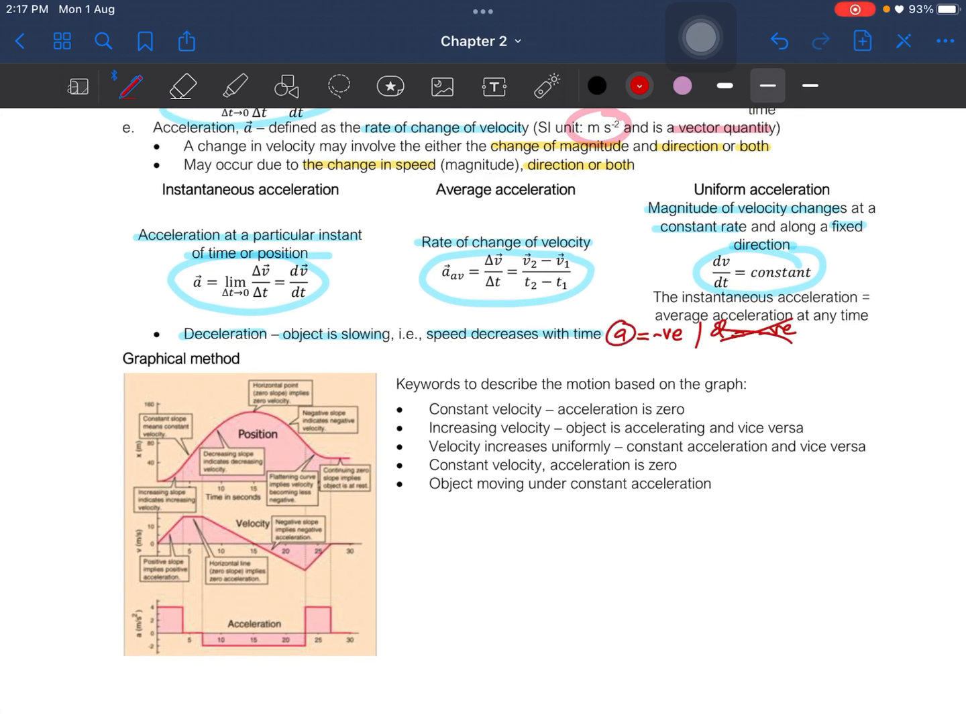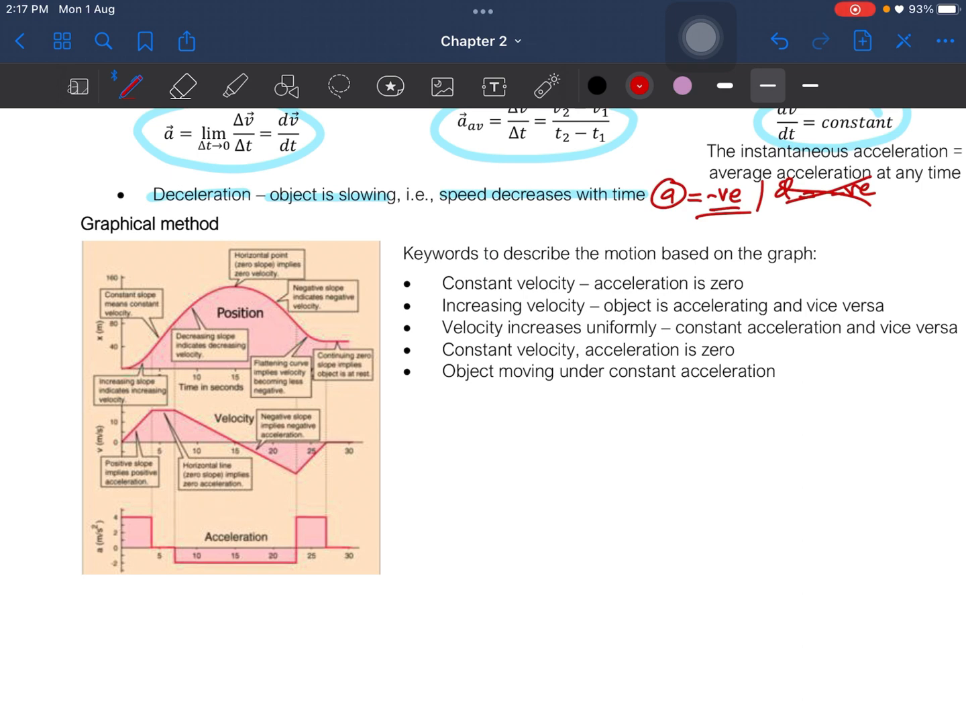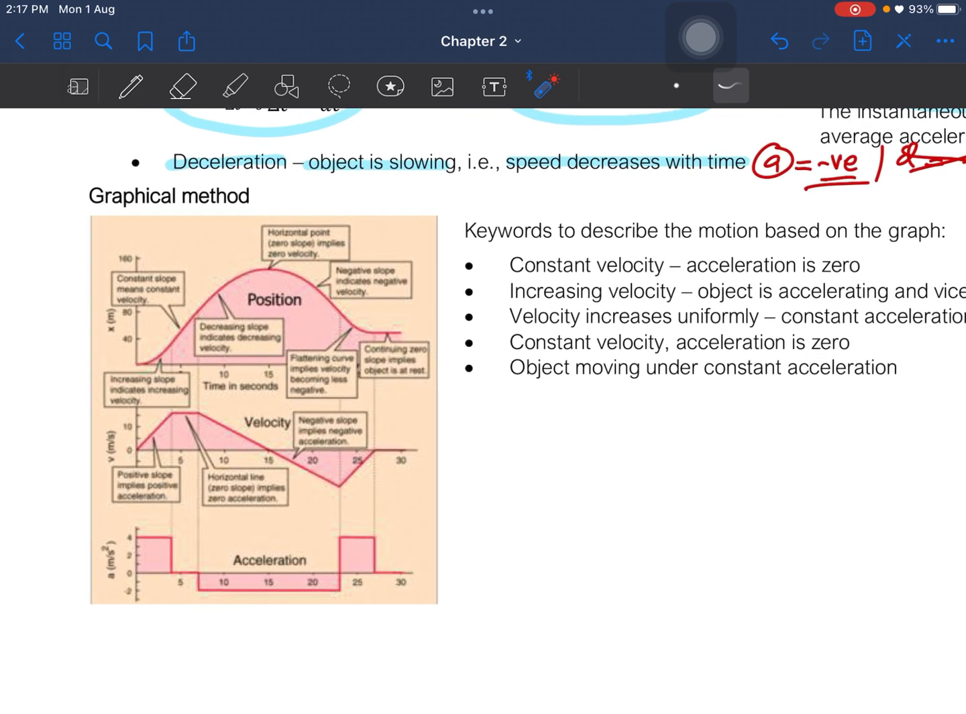That is also A, just negative. Okay, that is deceleration. Now let's look at this graph here. Notice there's a relationship between each of these graphs. If we look at this slope on the displacement against time graph, we can see that this slope here